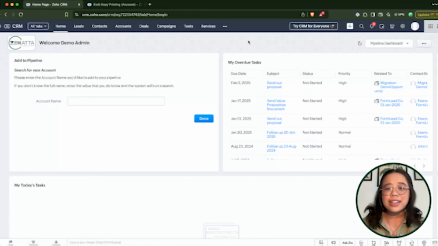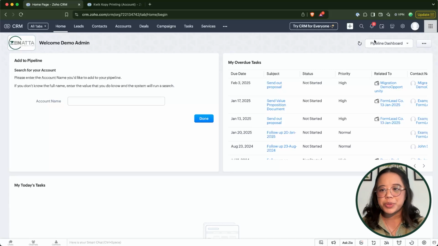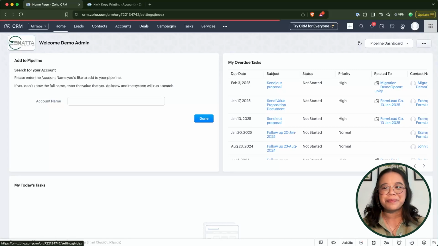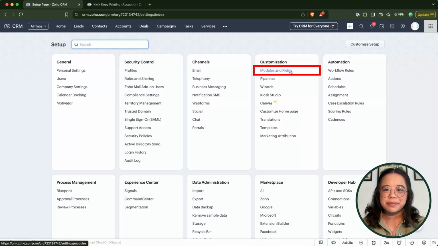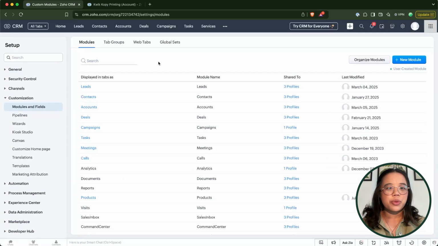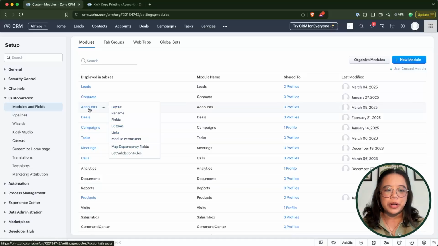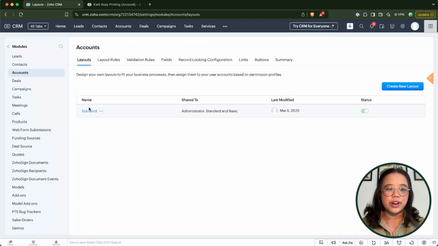Let's get started. To add custom fields to your Zoho CRM module, you'll want to go over to the setup, indicated by the gear icon in the top right-hand corner. Once you're in the setup under customization, you'll go to modules and fields. And then you'll want to open up the module in which you would like to add that specific formula field. So I will go ahead and open up the accounts module,